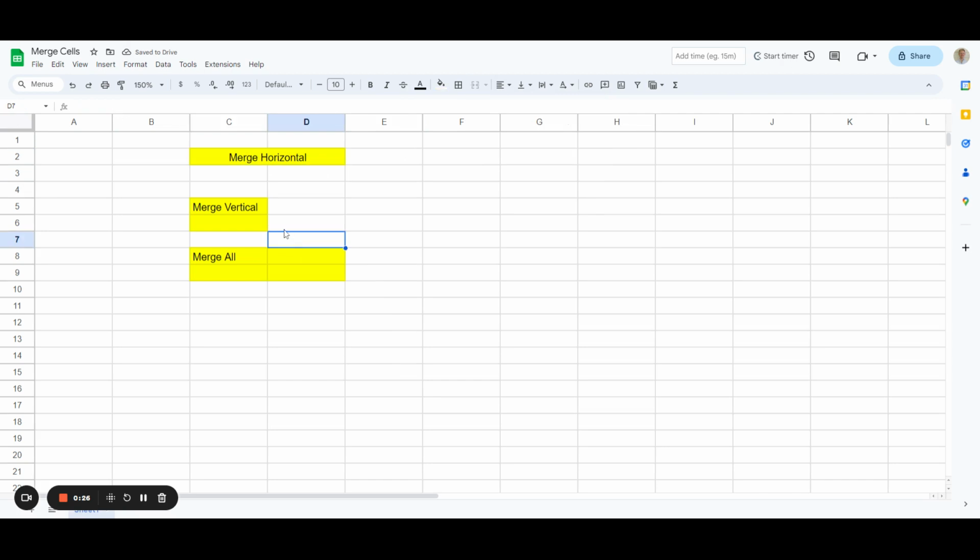the text. If we'd like to merge vertical, we'll select these two here, and we'll jump back into the merge function, and then we'll merge vertically. Again, what I can do here is I'll probably need to position that in a different way, but you can get the example here. And then finally merge all, where we can merge all these four cells together, and that